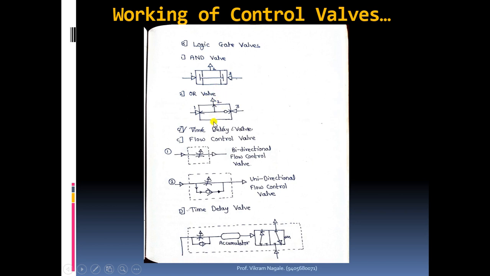And whenever both ports are supplied with the compressed air, then that case, the irregularity will settle down somewhere, but somehow, either from port 1 or from port number 3, the air will go to port number 2. Okay, so somehow it will give the output from port number 2, that is what the compressed air.